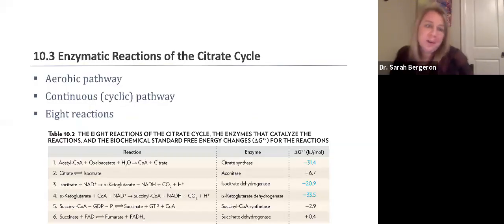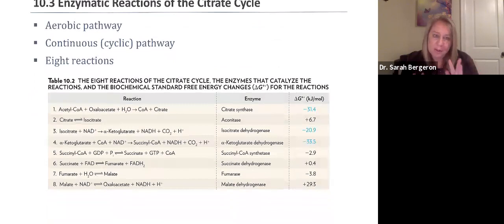Right, so we are working on the citrate cycle. We're going to start with those enzymatic reactions that are going to drive the citrate cycle. So you have to remember that the citrate cycle is all about oxidation, right? We're going to oxidize our substrates and we're going to reduce our electron carriers. So really in the citrate cycle, we have 8 reactions, but we have 4 coupled redox reactions that are really going to transfer pairs of electrons from those organic compounds, those organic substrates, to those electron carriers of NAD plus